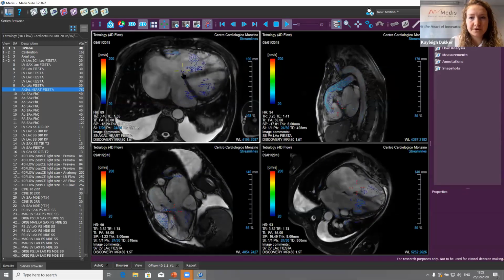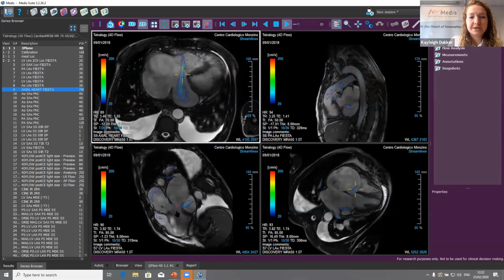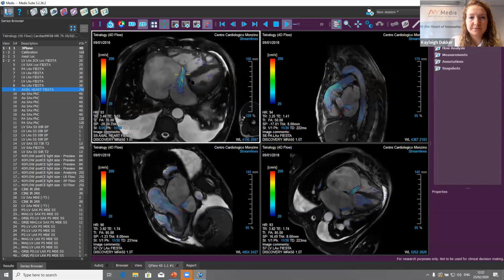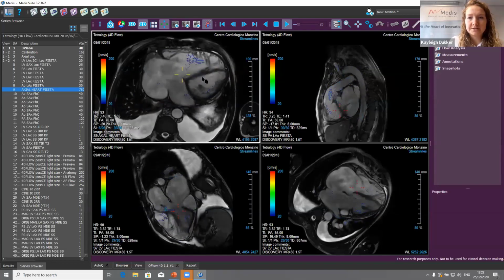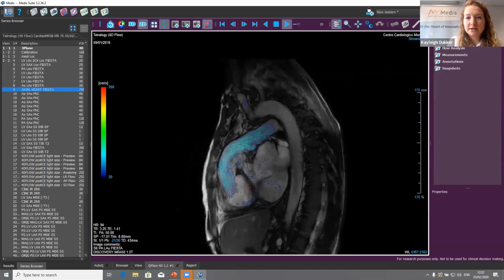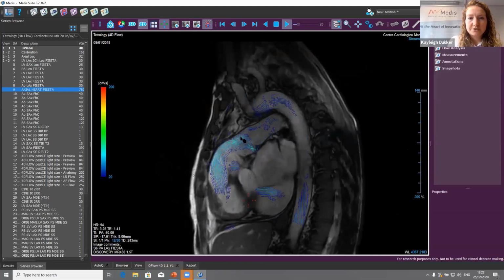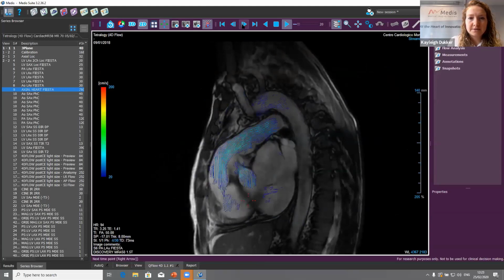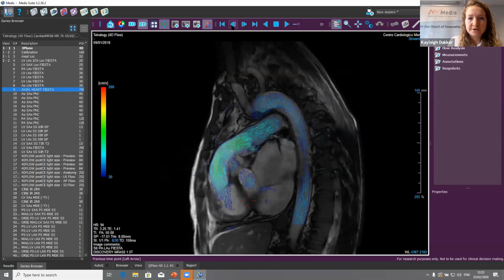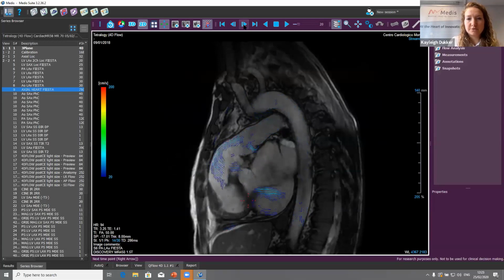You see we also have a crosshair in here. So if there are other images, then you will see the crosshair reference in there as well. Another thing you can see here in this case is pointed out mainly in this image. I will go over it slide by slide. It might be easier to show it to you. So here, while the heart is contracting, you will see both the flow in the pulmonary artery and in the aortic artery. And then when we go to the end-diastolic phase, where it's relaxing again,